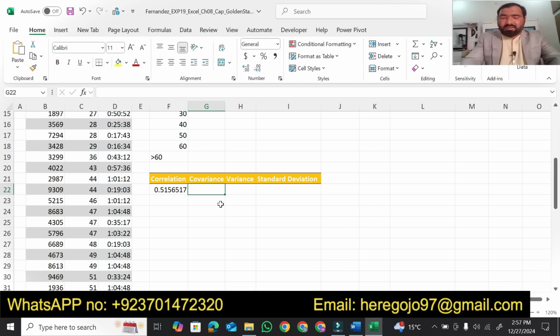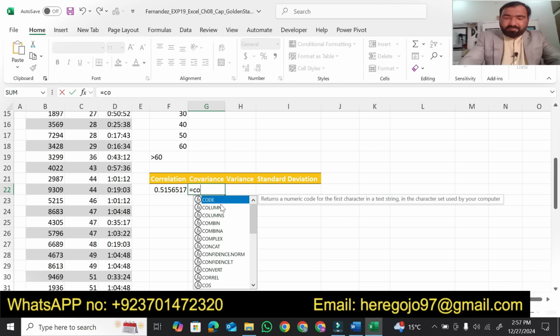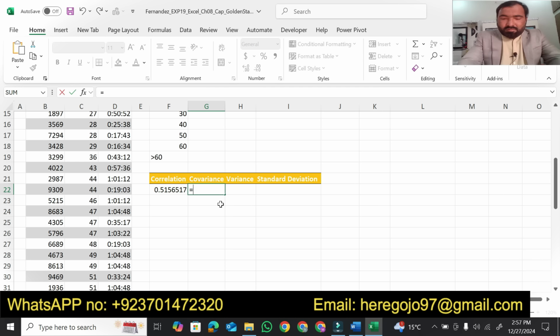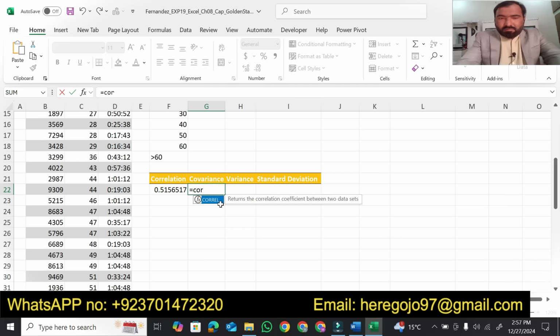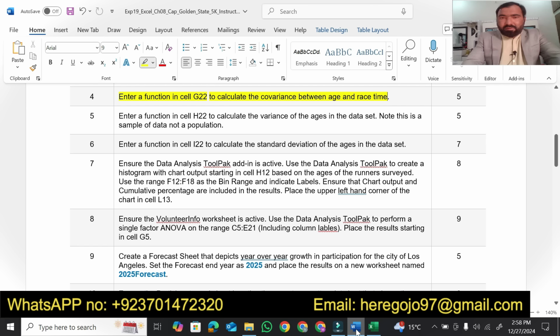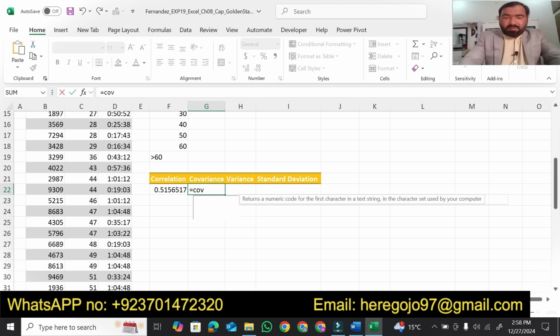So we write equal CO. What formula do we have to use? Covariance. Okay, this is covariance.